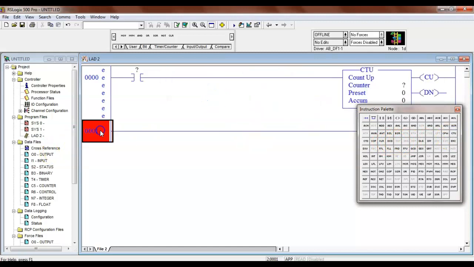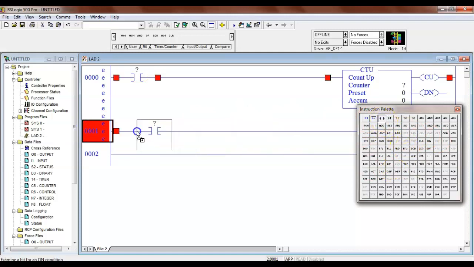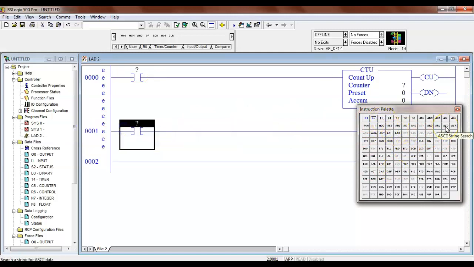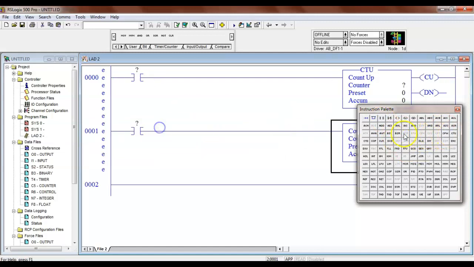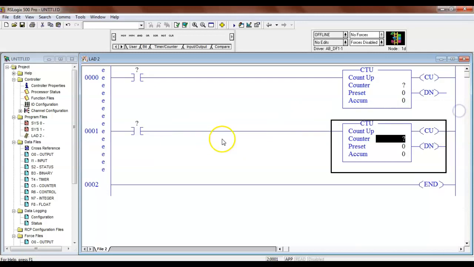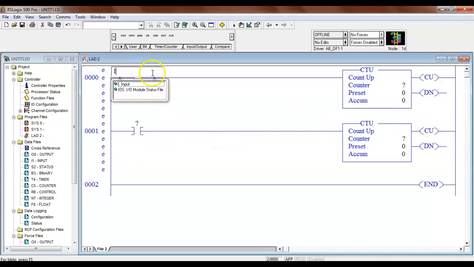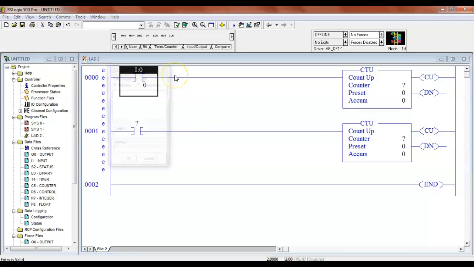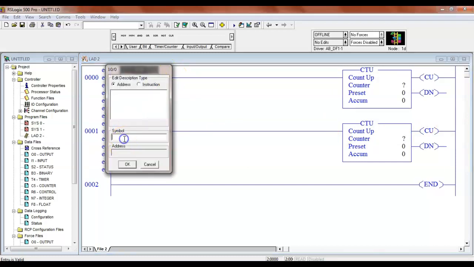And then we'll come down here and put another rung. Then I'm going to put an open contact. Then I'm going to put another up counter. And I'll close my palette out because it's in the way. Here we'll assign this to input 0/0. We'll call it counter